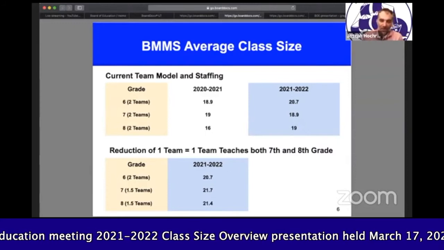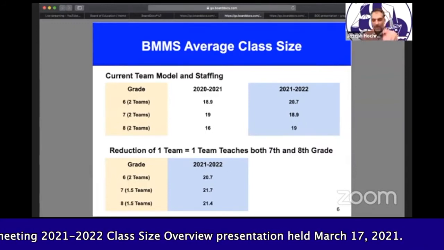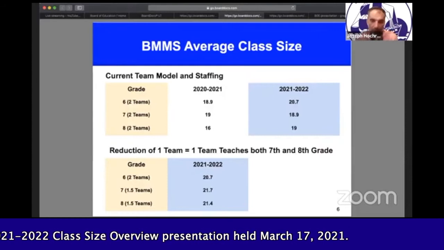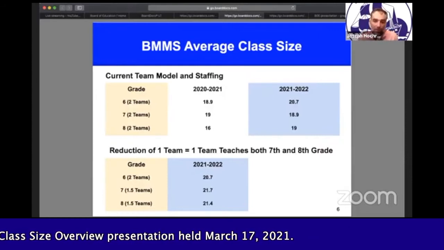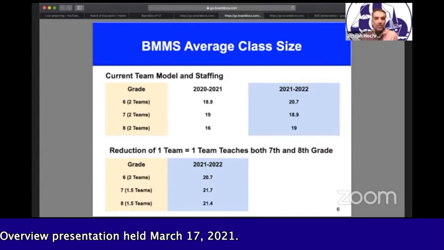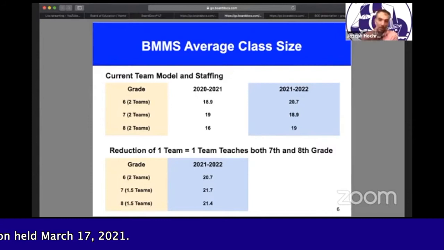So the high school schedule really, in terms of getting all of that input fed into the system, we're still a number of weeks away, but we'll have a similar conversation with the high school after students get registered and after schedules are identified. For example, if students go to BOCES in the morning or afternoon, that will affect the schedule. Certainly, as Lisa mentioned, we're in CSE season, so different changes to IEPs will impact high school schedules, but that analysis is on the horizon. We're just not there yet because of the process of kids choosing their courses, and especially doing it remotely, it's taking a little bit longer.